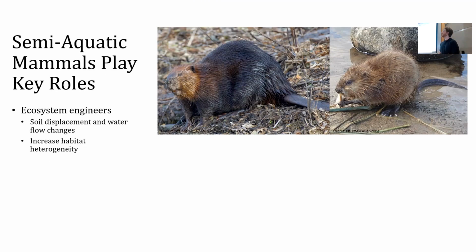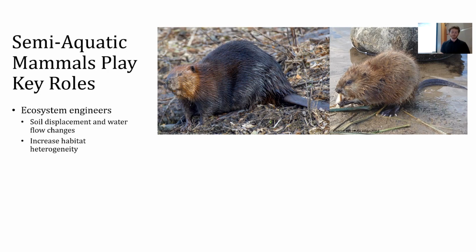Within both of these systems, semi-aquatic mammals play a couple of different key roles. So the American beaver there on the left and the muskrat on the right are often described as ecosystem engineers. And that's because of the individual impacts that their behaviors have, not only on the landscape, but to the resources available to other species. So beavers, for example, create dams that have cascading effects, and then muskrats can increase habitat